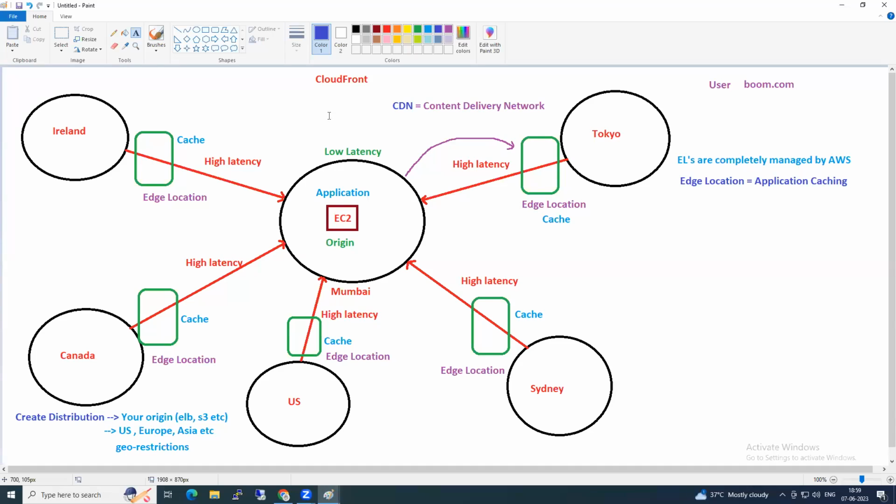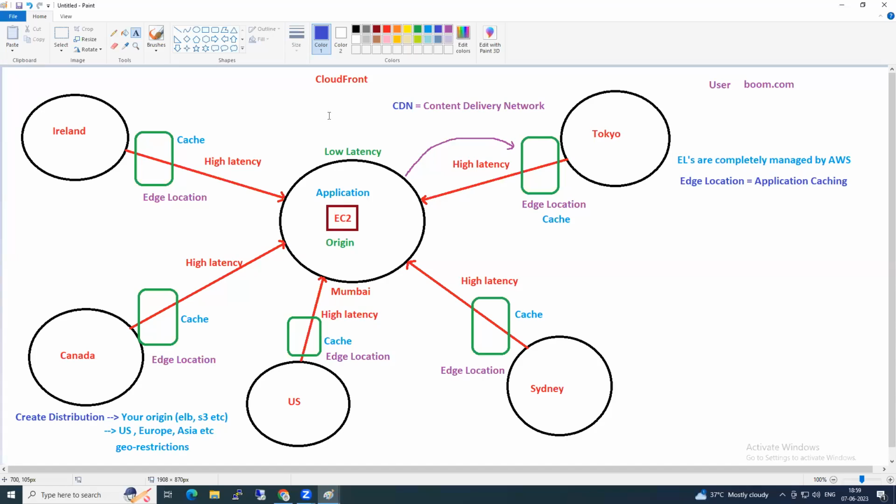Okay, question for you. Which component is used to cache your application? Edge location, correct? Edge location is the place where you can cache application. AWS will use which network? CDN. You need not do anything on CDN. CDN is just a name.